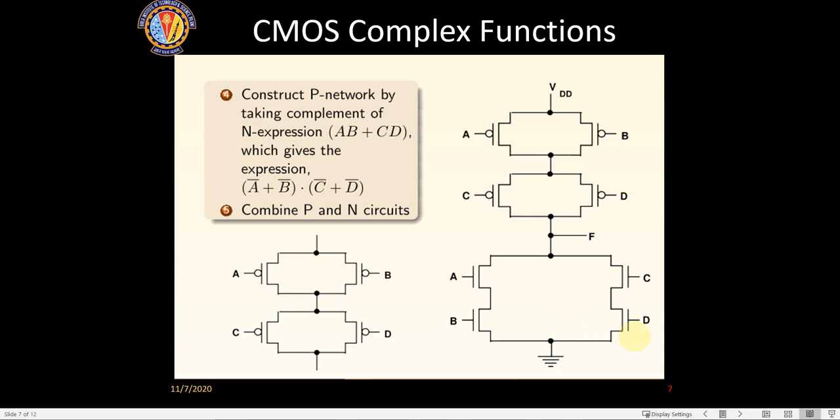This will be there for your final exam. So to further build on this concept, in the tutorials I will add some problems on implementation of these circuits. When a function is given, how to implement it at the transistor level. Is it okay to all of you? Right. So that is why, with CMOS logic, even complex logic circuits can be easily implemented.